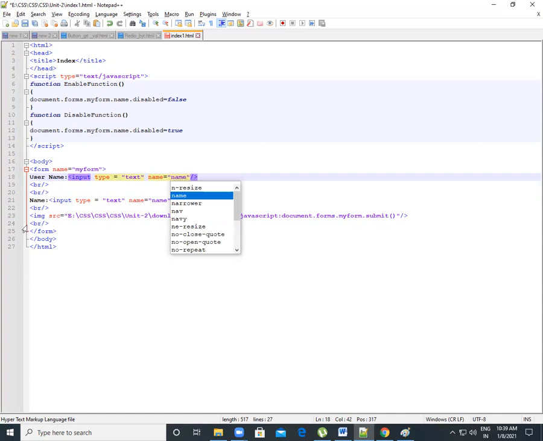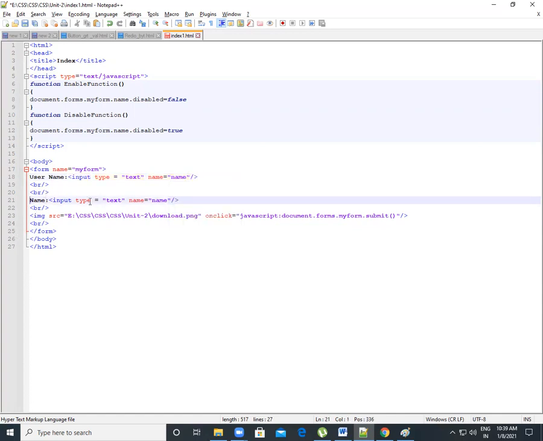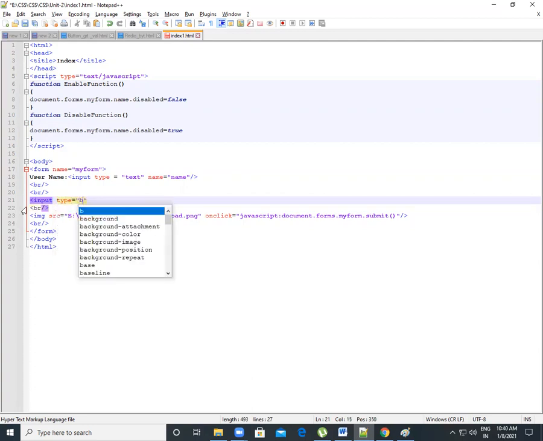Now we already break those lines. We change some other things. We set here one button. Input type equal to button, because we set here a button, so that's why we are using this button tag.